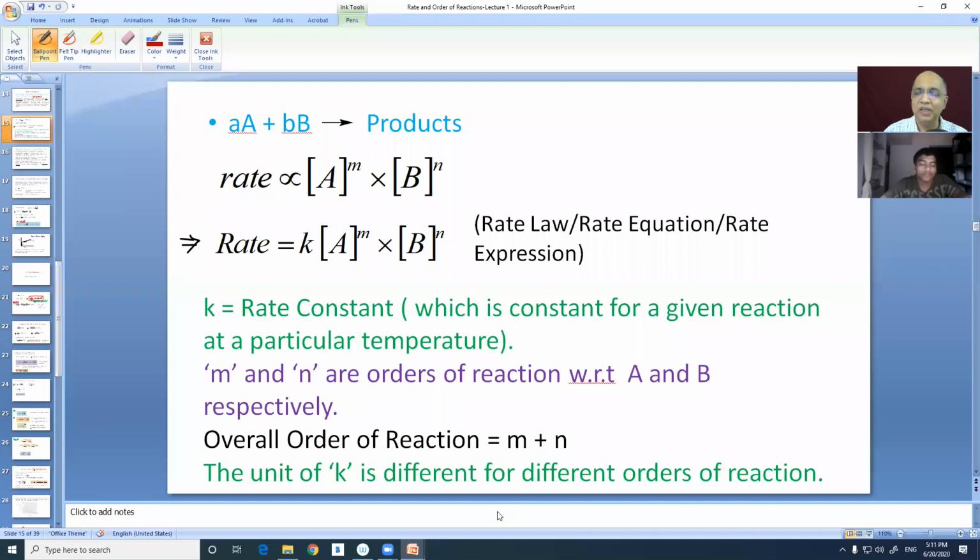And I'm sure while I will be discussing a particular type of reaction order, I'll be trying to dive deep into your brains and try to infuse the concept. Right? You write down. I'm giving you 1 minute to write down this piece.